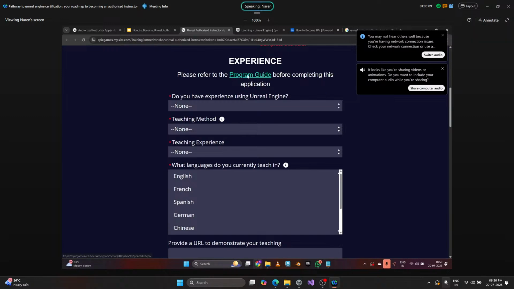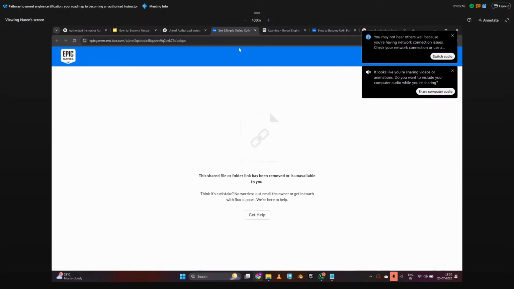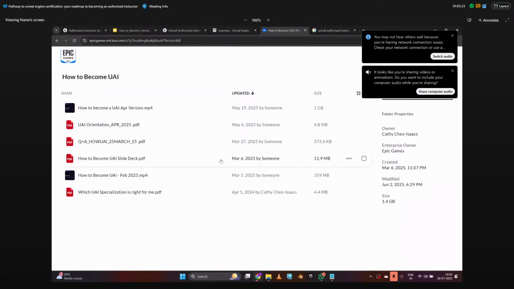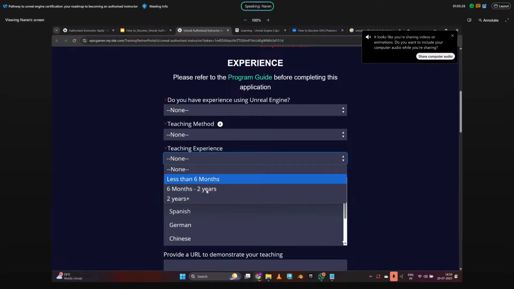So when you go for the program guide, it just goes back to the content which is over here. These are the content, how to become one and those things. This is the same as this. And in case of how long you have been teaching, your teaching experience, accordingly, in case you fall short or if they feel it is not enough, they will let you know